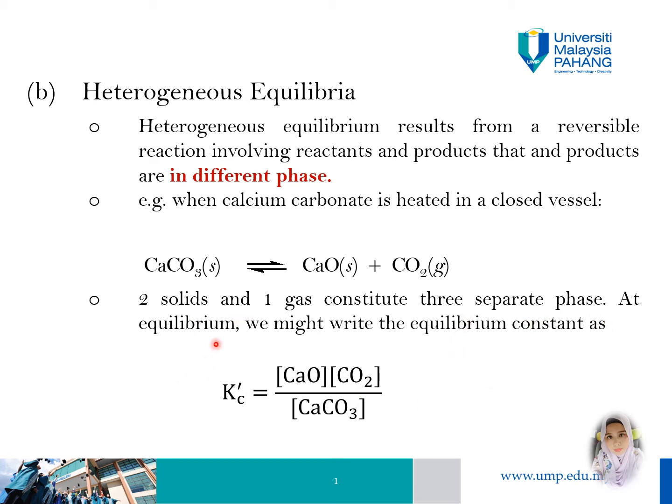phases at equilibrium. So Kc prime is equal to the concentrations of the products CaO and CO2 divided by the concentration of the reactant CaCO3. Remember again that Kc prime here is to distinguish it from the final form of the equilibrium constant